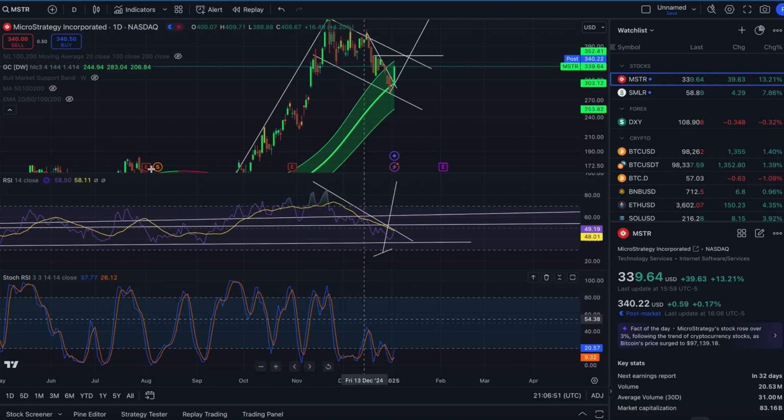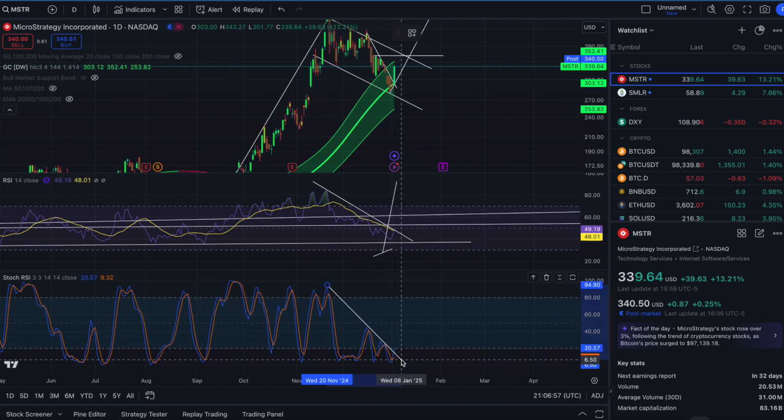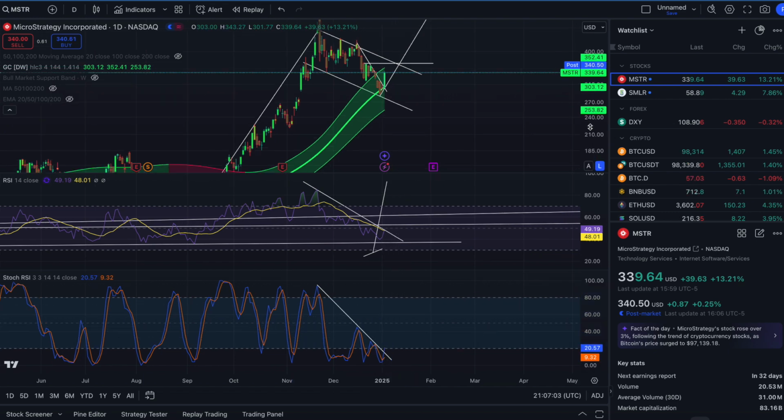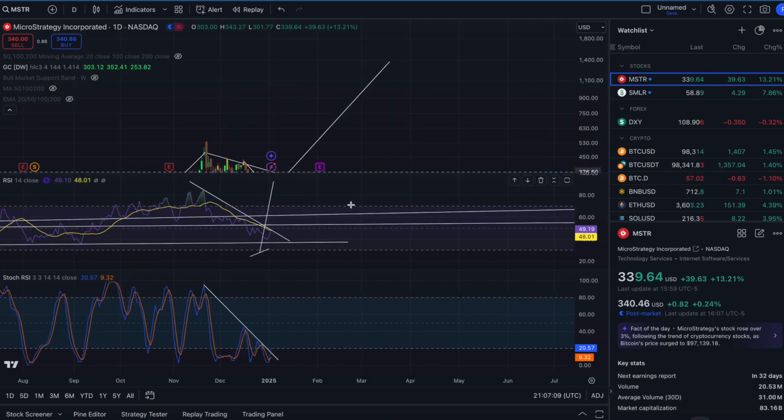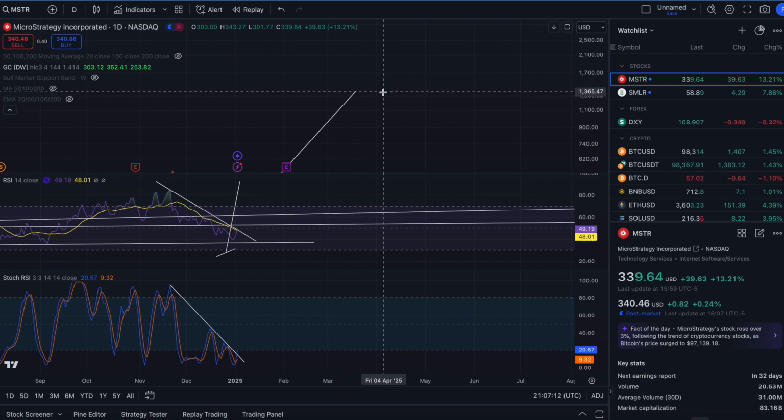If we break through this downtrend that this daily candle's been in, now it looks like the blue line could be breaking out. If we see this blue line rip off, the MicroStrategy price is going to follow suit. Now, if this is some big flag pattern that we've showed you before, the target for this could be up to about $1,300 to almost $1,400. Post market at the current time of this recording, we're at 340.